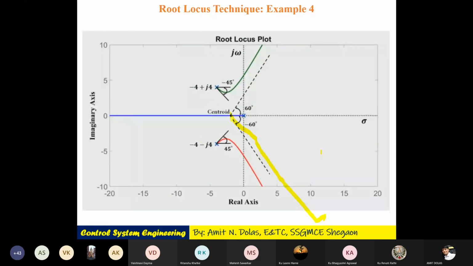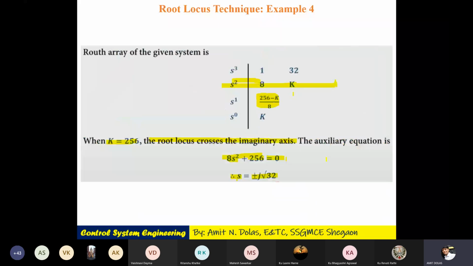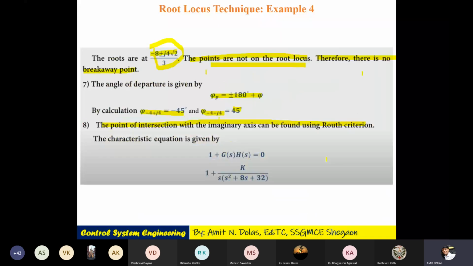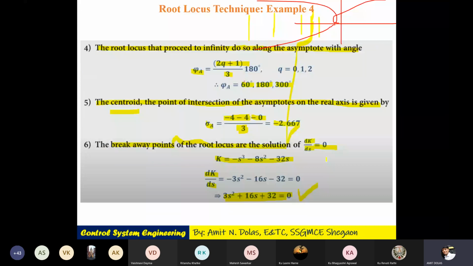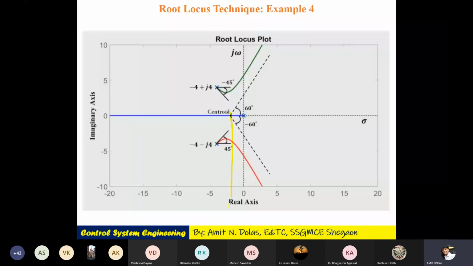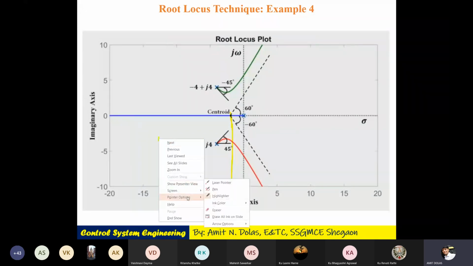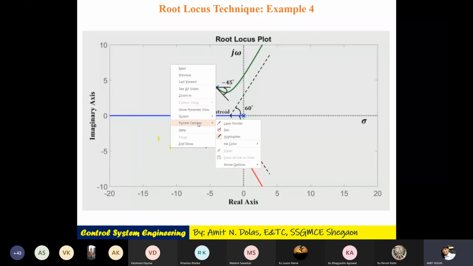Let me see. Centroid we obtained is minus 2.66. That value is on graph somewhere here. This is the centroid. Then we calculated the angle of departure. So what is the angle of departure? Angle of departure from the pole towards infinity